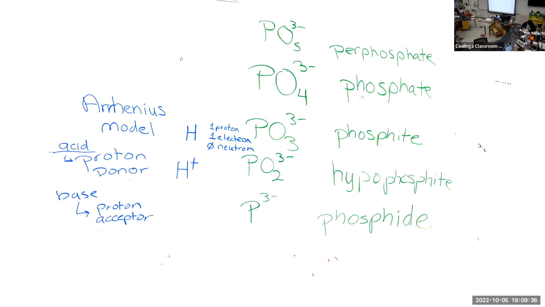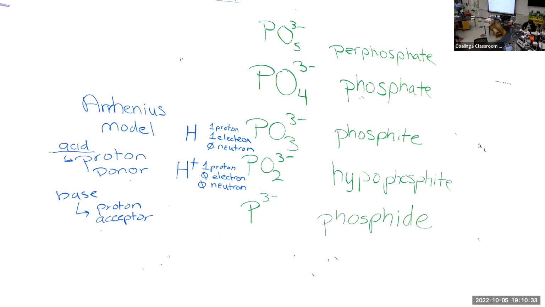Okay. Now, if I remove one electron from hydrogen, it becomes H plus. How many protons does H plus have? One. How many electrons? 0, because we removed one. And how many neutrons? 0. So H plus is just one proton. It's just a proton. So when we're talking about acids, we're talking about the addition of H plus to an